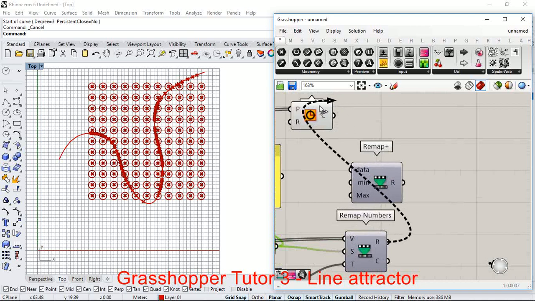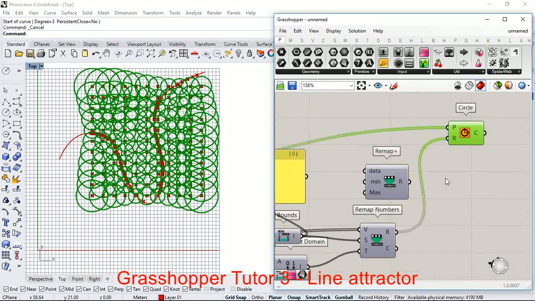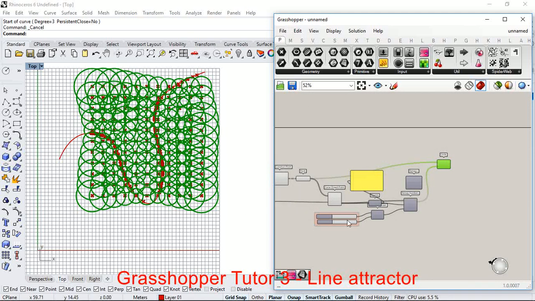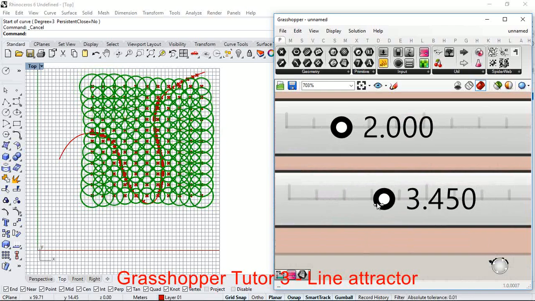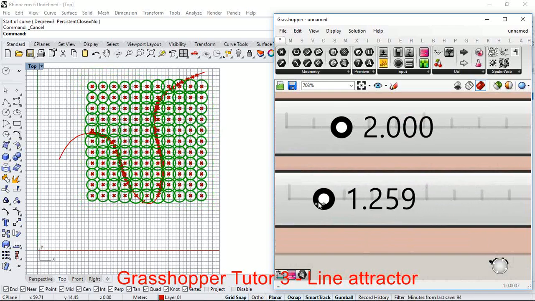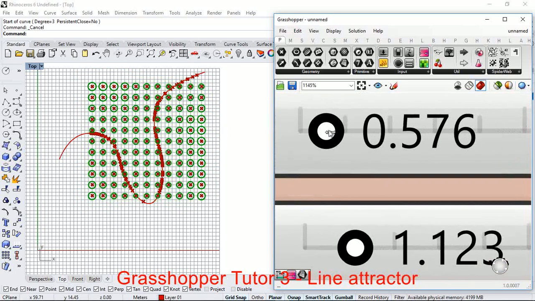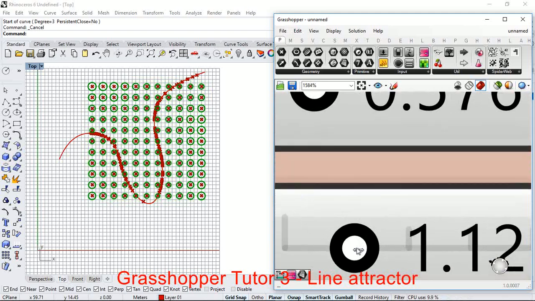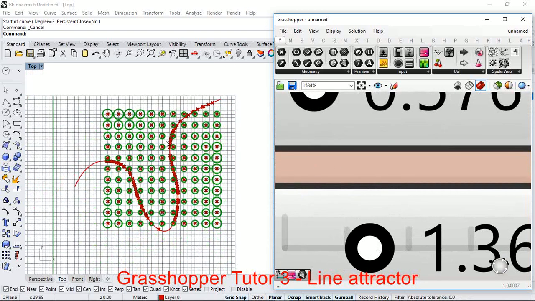So I can just directly insert them here. As you can see, it's a bit complex here because the values are much bigger, so I'll try to manage them between 0.5 and